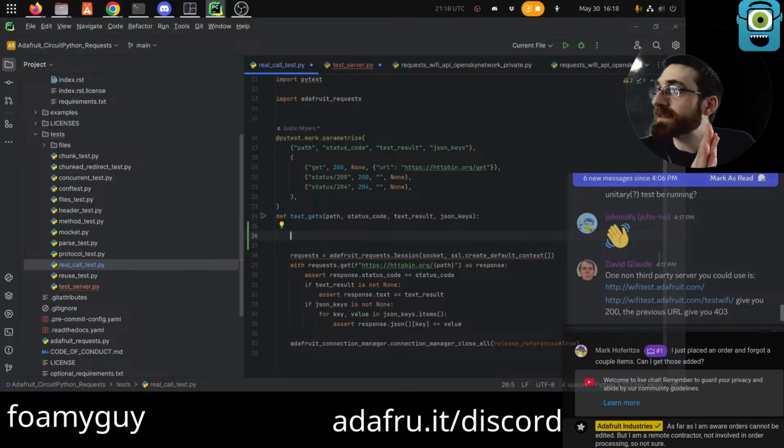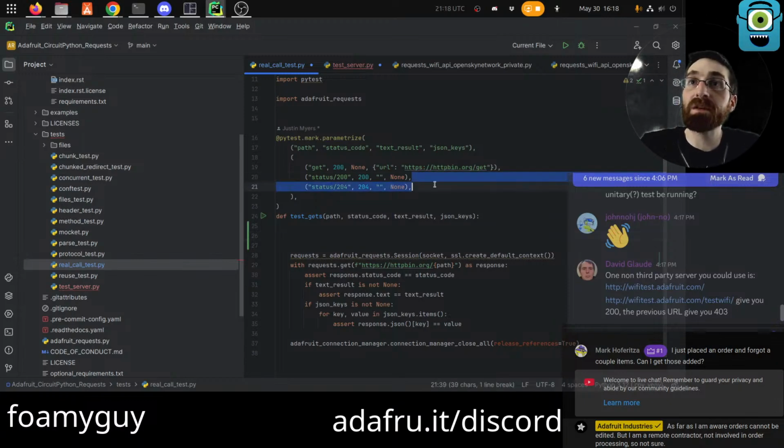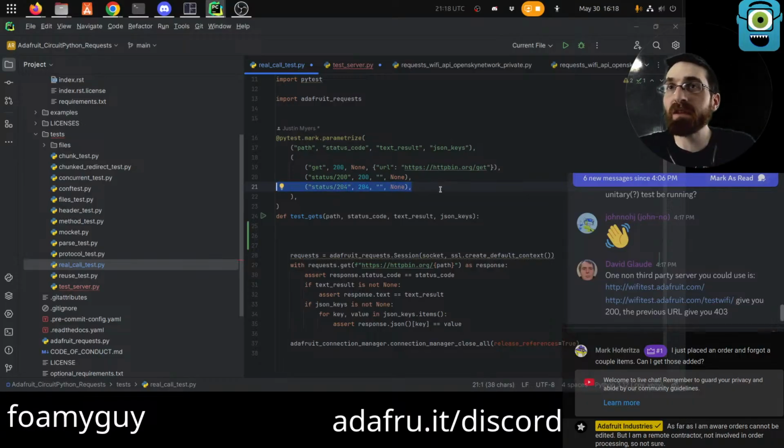Wi-Fi test. I mean, we could use... well, the main thing that this test was added for was this 204. It checks a couple of other things as well, but this 204 was actually the main fix that this test got added along with.